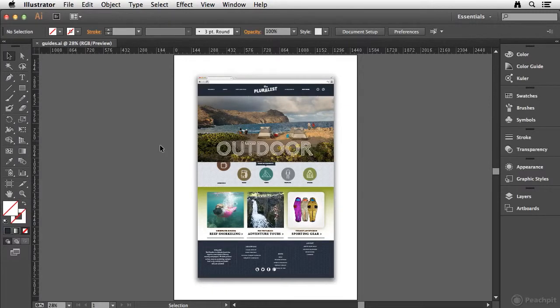Guides are non-printing elements that help you to align objects and position them precisely inside of Illustrator. Let's take a look at how to create various types of guides. Now, I have this guides.ai file already open on my computer, and I want to point out that the first